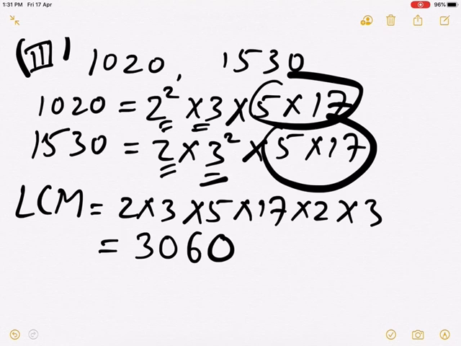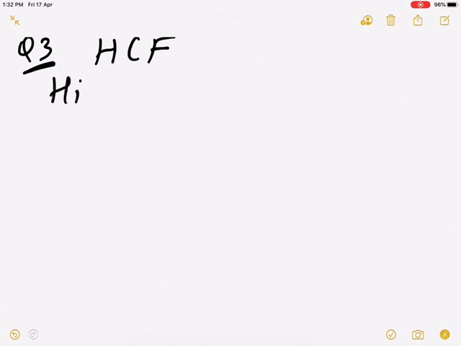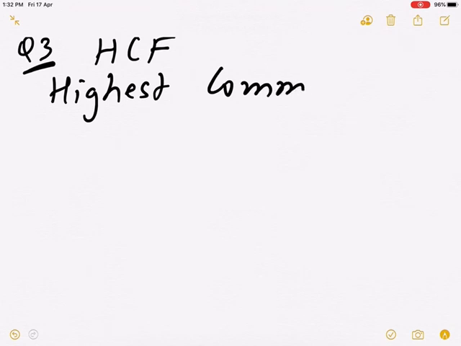All the parts are solved. Let us move on to question number 3. Now question number 3, it was related to HCF. So let us first understand what is HCF. HCF stands for highest common factor,